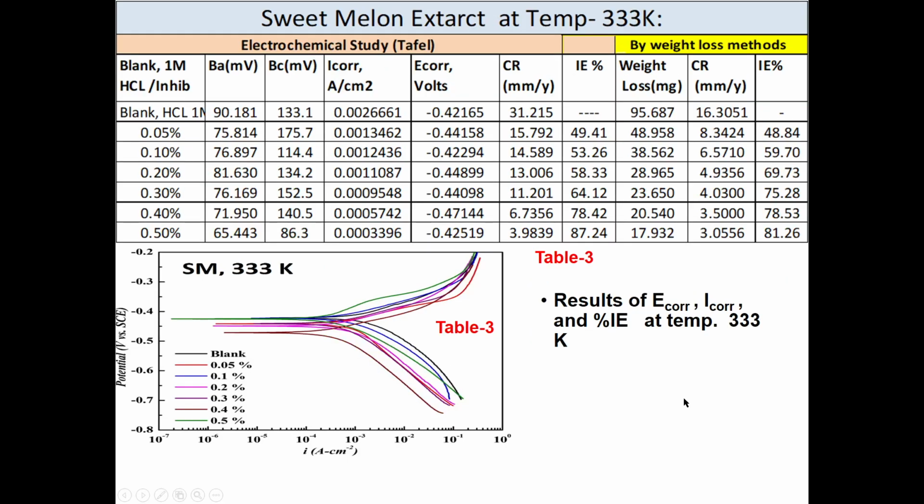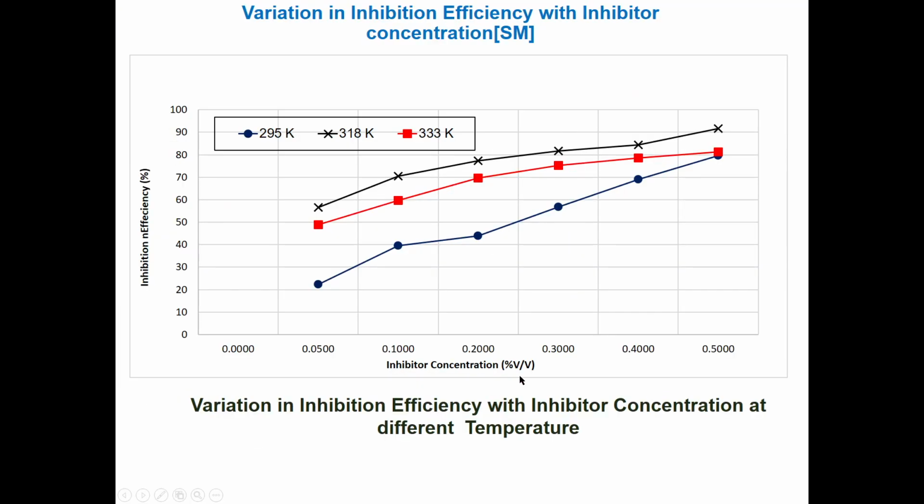And at 333 Kelvin also you can see that the corrosion rate is decreasing and the inhibition efficiency increasing. So similar behavior we found in this temperature. And to get a clearer picture, you can see that here at different temperatures studied,